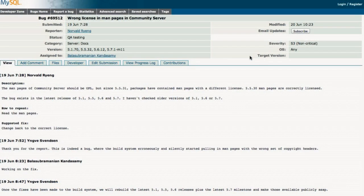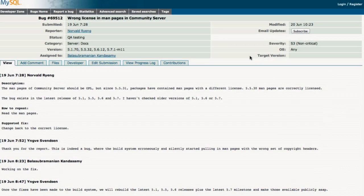A MySQL story. Yes. There was a big story earlier in the week. Got the man page? Yes, it caused lots of open source people to freak out. MySQL man pages suddenly had a license saying that they couldn't be redistributed. Basically, they had the Oracle commercial license rather than the regular GPL license. I think it was actually GPL rather than the GNU document license. But anyway. Right. It turns out that was a bug, and